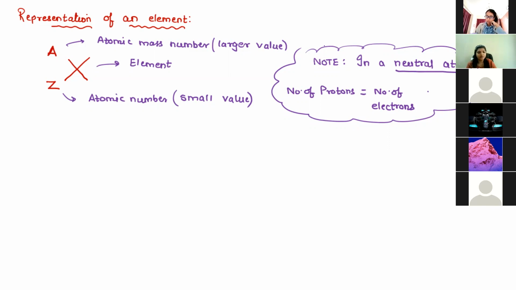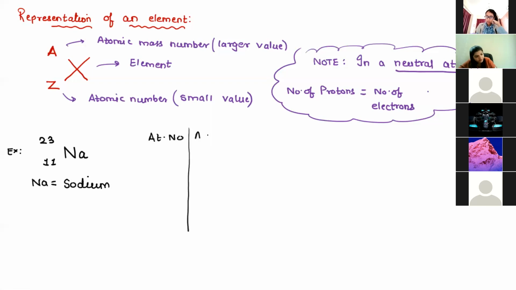So right now, just remember this, that there is an element. Over here, an example I will be writing. An example, Na. Na stands for sodium, 11 and 23. So over here, if I want to calculate atomic number, atomic mass number,